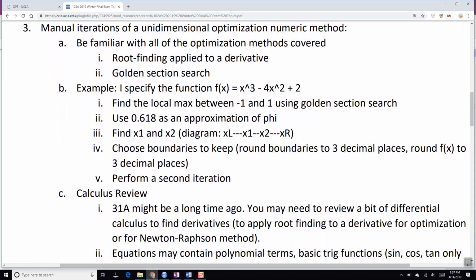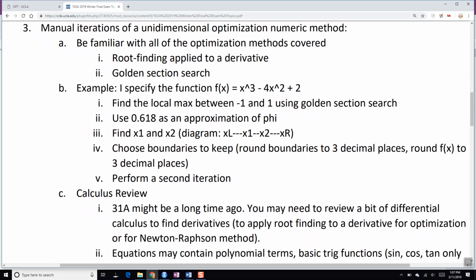You'll have an optimization problem, a unidimensional optimization problem. So be familiar with all of the optimization methods we've covered, which is basically root finding applied to a derivative, or golden section search. Here's an example where I've got another function, and I say find a local max between this and this using golden section search,